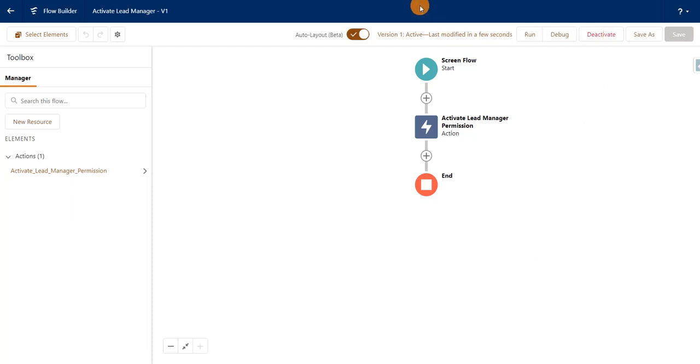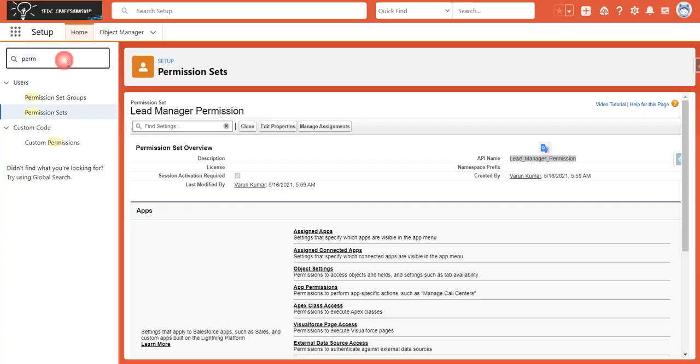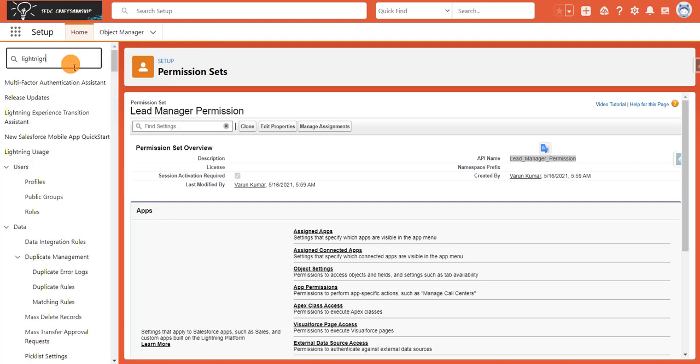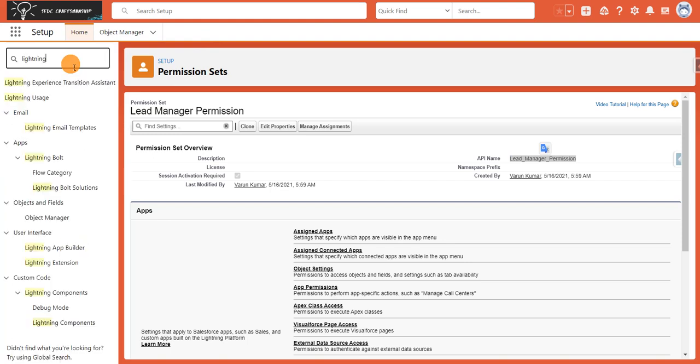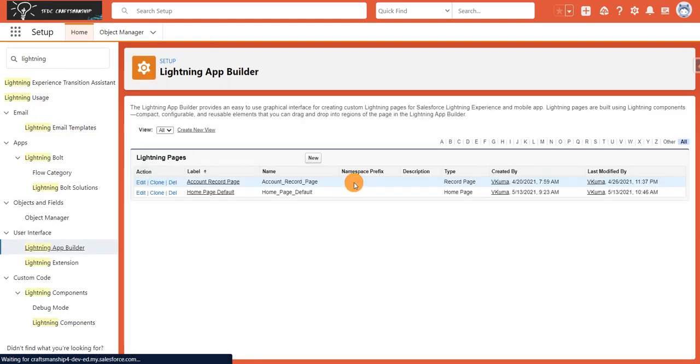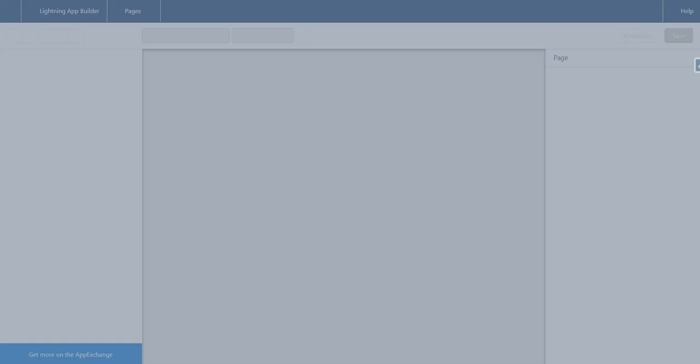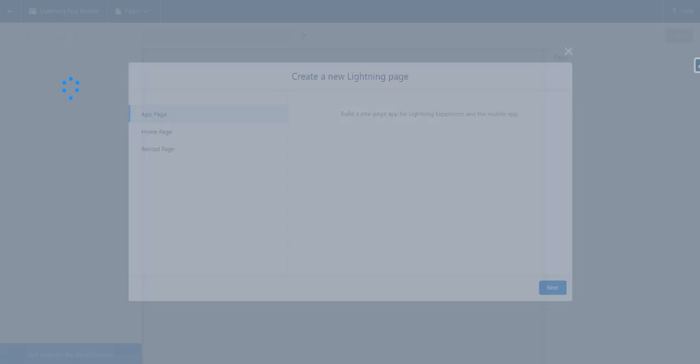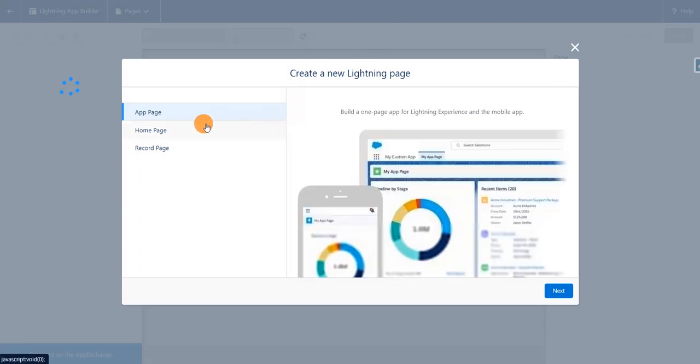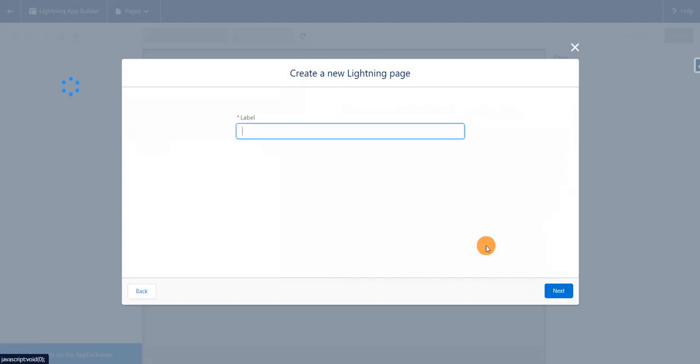Now I'm going to create a new Lightning app page to embed this flow. Click on Lightning App Builder, click on New, select app page, click on next.